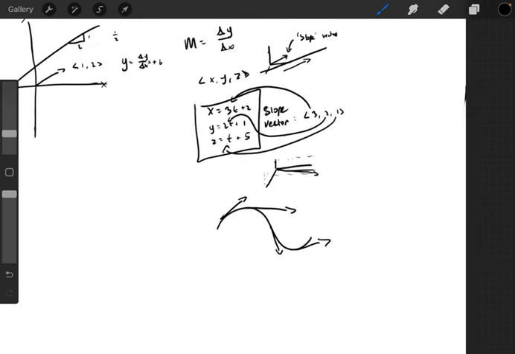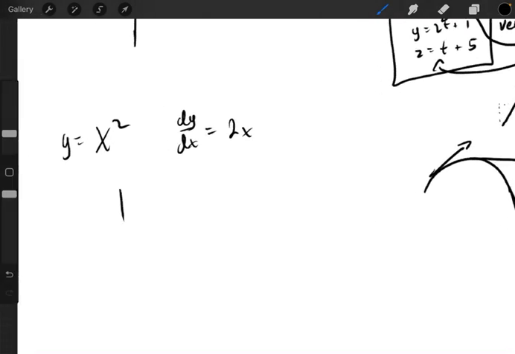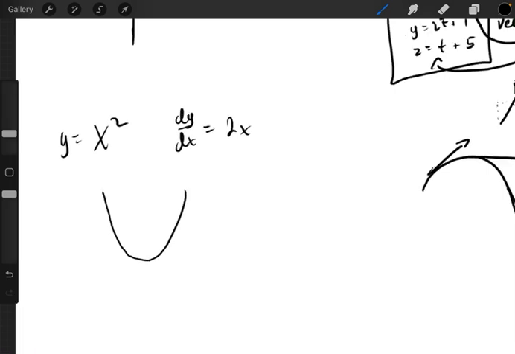So in order to do that, all you have to do is, like in Calculus 1, or Calculus 1 and 2, take the derivative. And all taking the derivative does is it provides you with the slopes of each point. Remember how if you have y equals x squared, your derivative dy over dx would be 2x. And all that means is as you follow this y equals x squared graph, the slope of the